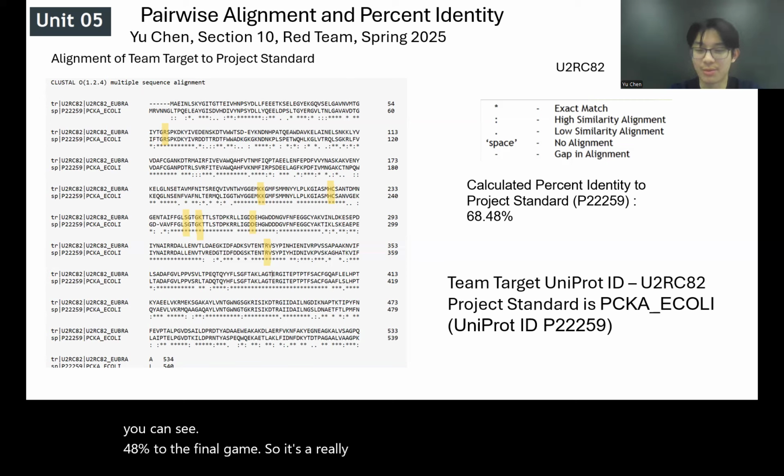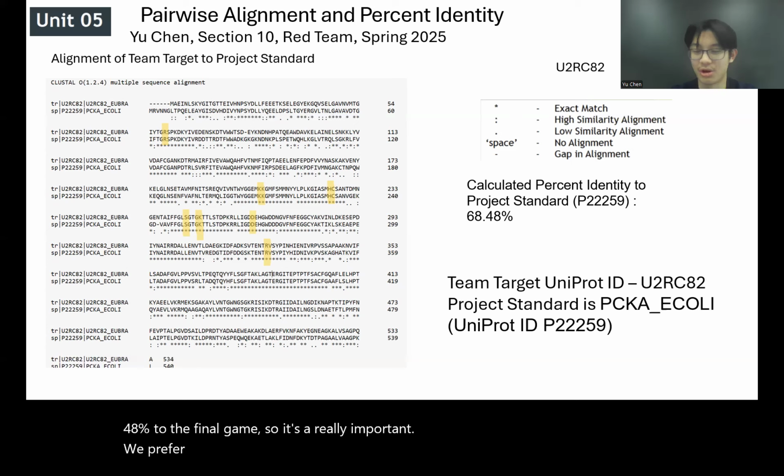We perform the pairwise alignment and obtain a percent identity for our protein U2RC82. And it's a PEPCK protein. From our results, we see that critical amino acids are the same between the standard and target, which means that key characteristics are preserved, but it was still somewhat farther. On the next slide,